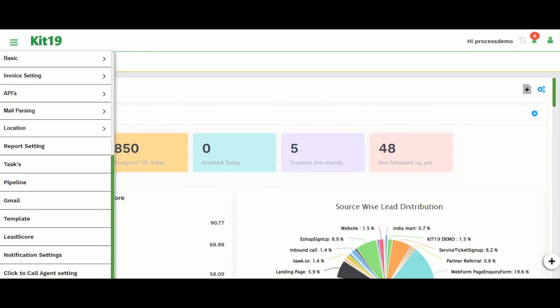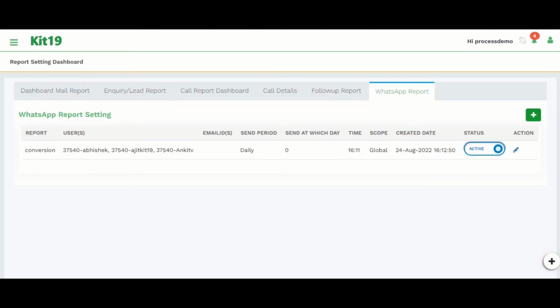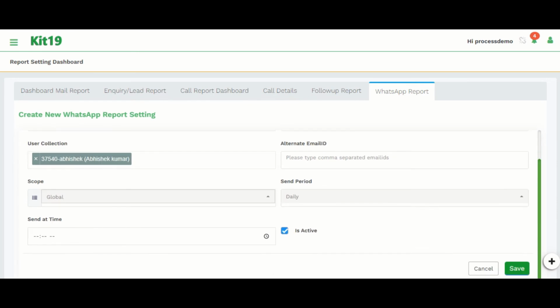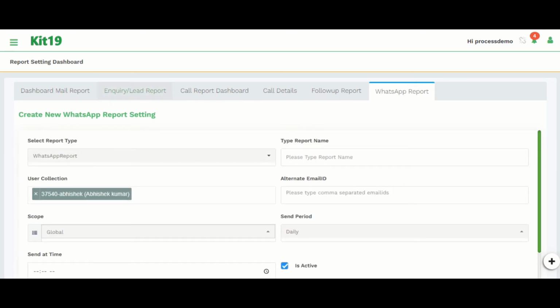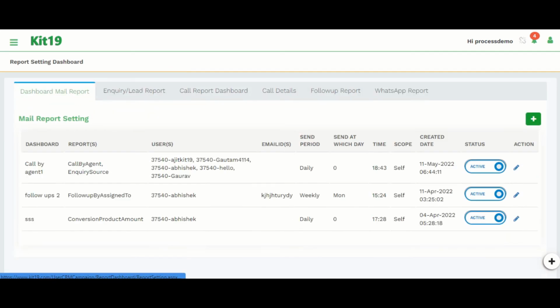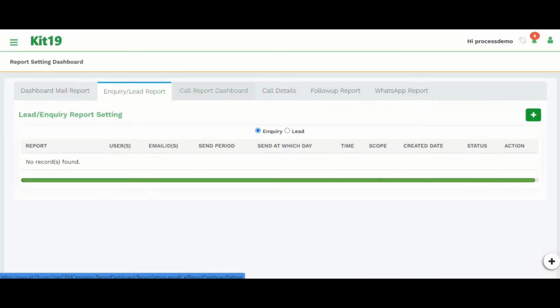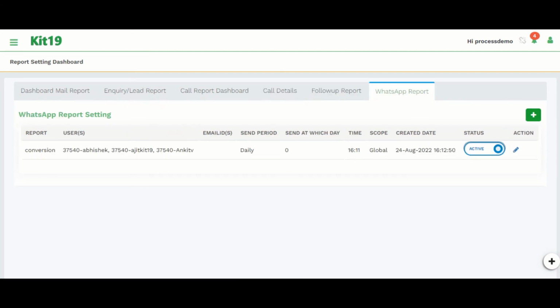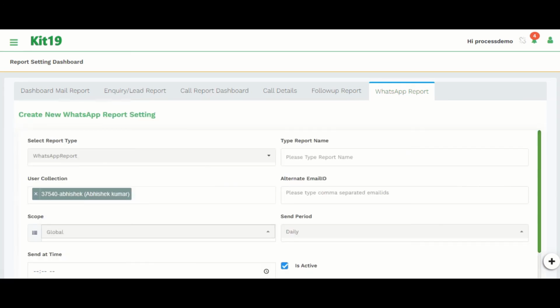Next is Report setting. Under this you can set customized reports for particular users to be generated and sent to the email address at regular intervals, so that you can see the reports received in emails. You can create a dashboard mail report, enquiry or lead report, call report dashboard, call details, follow-up report and WhatsApp report. All these types of reports can be created for a user or a group of users and be sent automatically